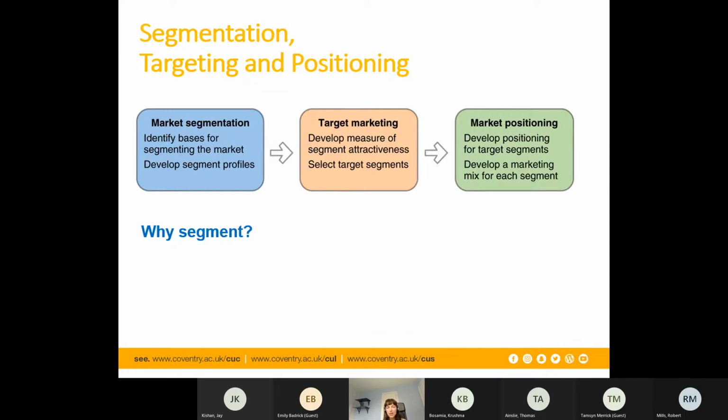We need to profile them as much as we can and build a picture of who they are. Then if we decide how we can group people together, we can decide which ones are our priority. When we do that, we can design the marketing mix to be really attractive for that group. So this is the strategy part of SOSTAC, or the strategy part of MOST, or APIC, the other one, isn't it? Analysis, Planning, Implementation, Control. It's like the planning section in APIC, if you were going to use that as a model.